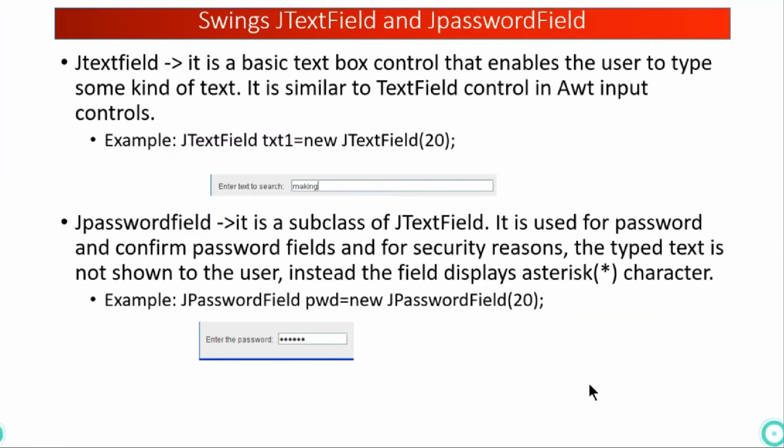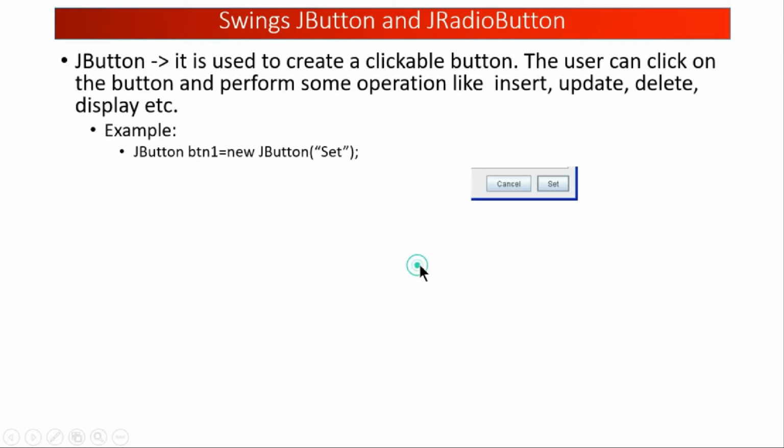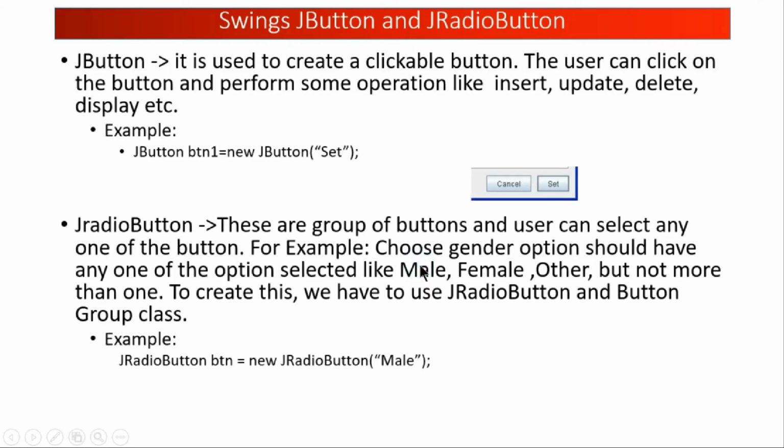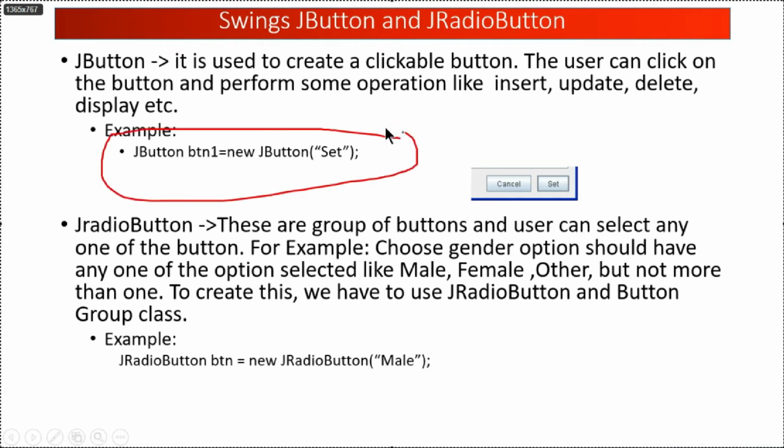Okay, let's move on and go through other controls. Button, simple button and a radio button. So what is this? To perform some kind of click, like a submit button or a clear button or a reset button or a cancel button, you can create the object of the JButton class. So this is how you can create a JButton. A button will be created, and the string passed here will be the name of the button you have created.